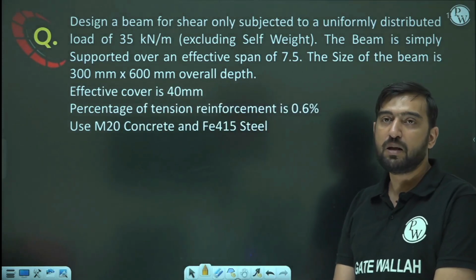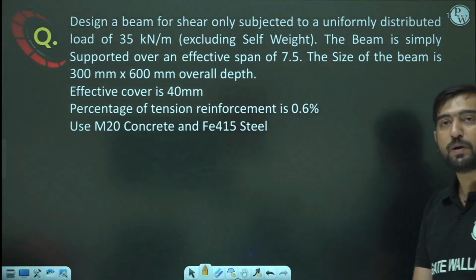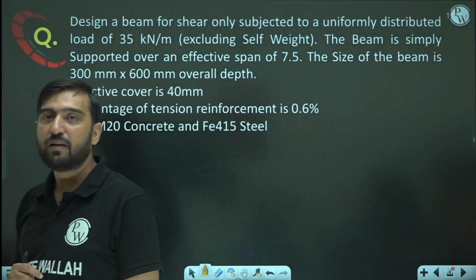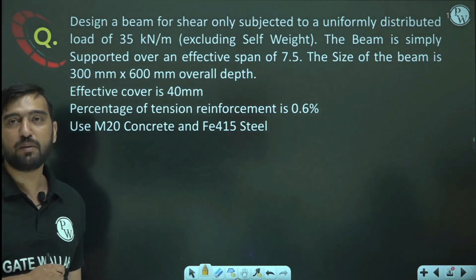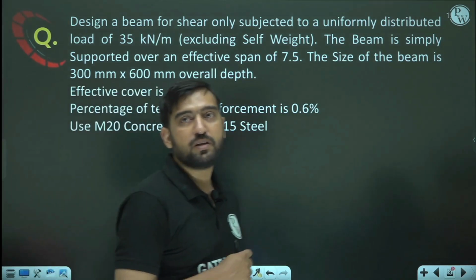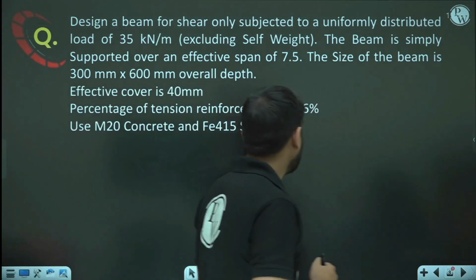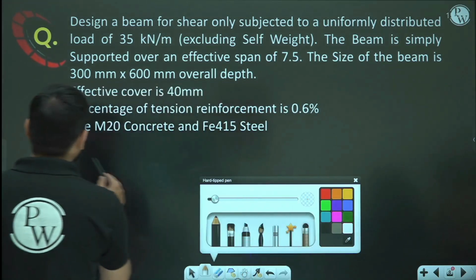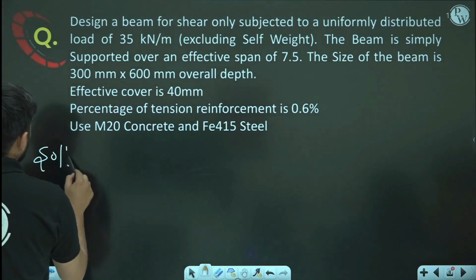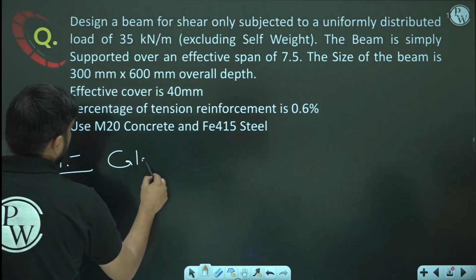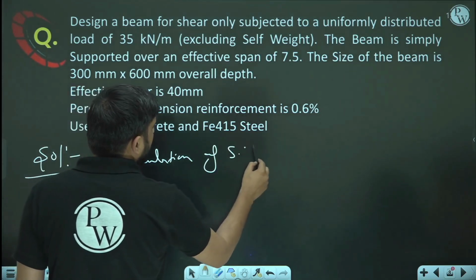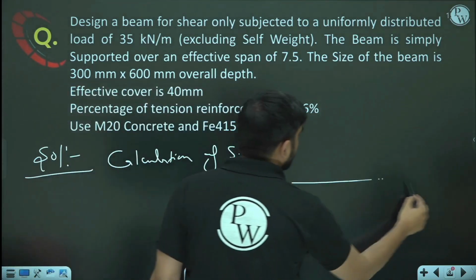Why is it given? Because tau c value is going to depend upon two things: one, grade of concrete, and another, percentage of tensile reinforcement. So grade of concrete is M20 and grade of steel used is Fe415. Okay. So first of all, calculation of shear force. So it is a simply supported beam